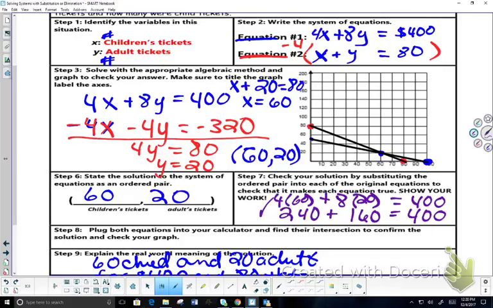First one's substitution, second one's elimination. We got all this stuff down? Yeah. Okay, so you have a little bit of a warm